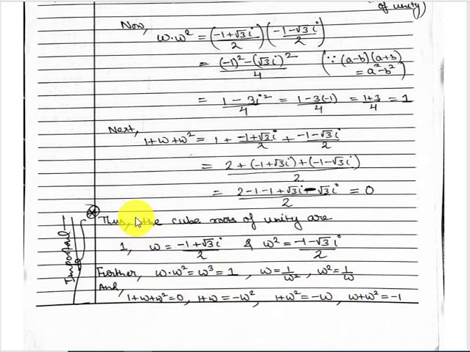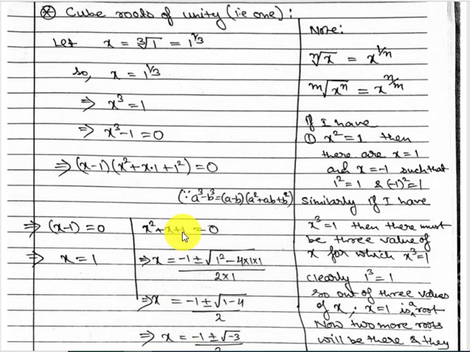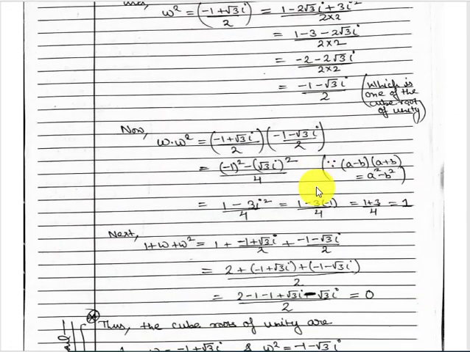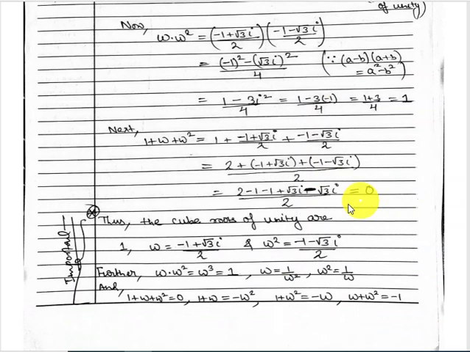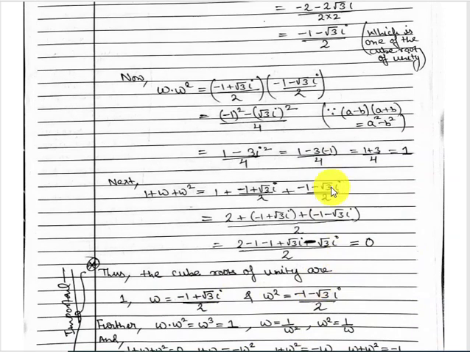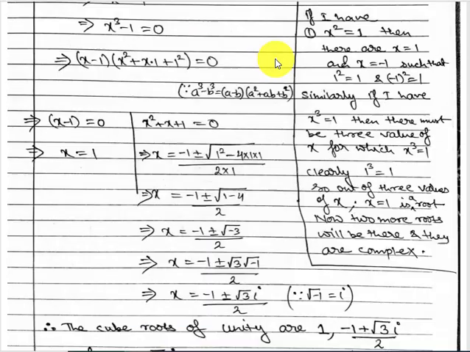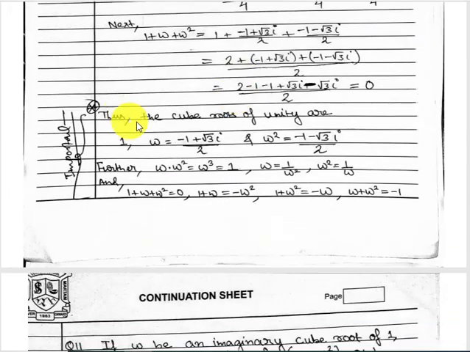So you copy from here. Whatever I have done from here till here was only to explain how these things are happening. If you want to write them, no problem, you may write. Otherwise you can leave it and go straight. You can give the heading cube roots of unity over here, and straight away come and write that the cube roots of unity are this. Understood?